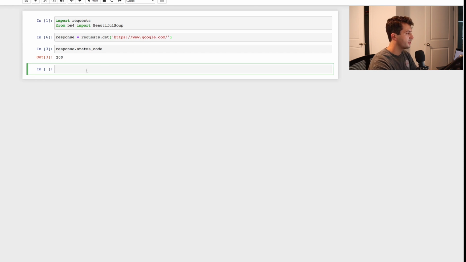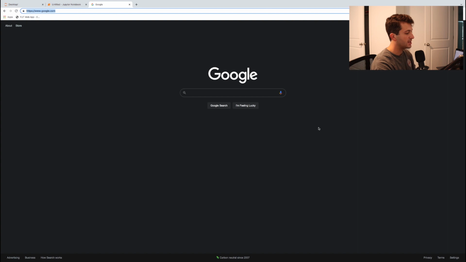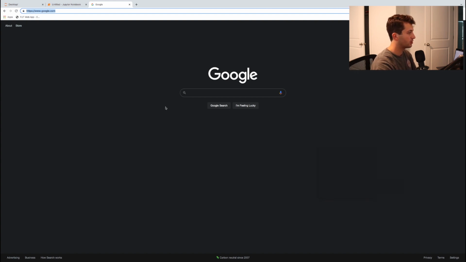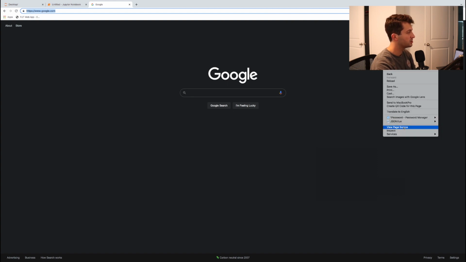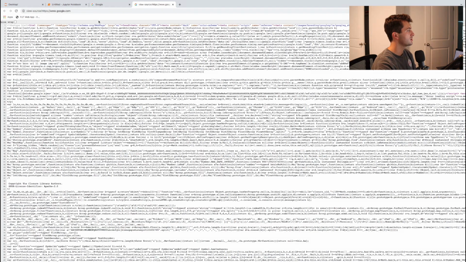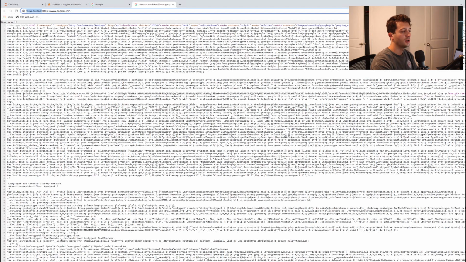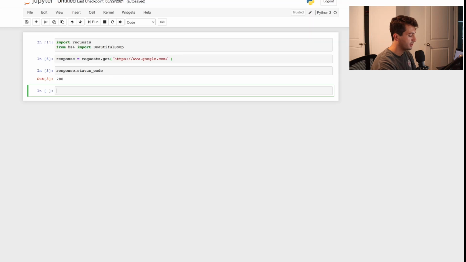So requests actually provides a couple of other tools that we can use to get the data. So if we want to look at the page source, which is basically just a combination of all of the HTML and CSS. So for example, if you come to Google, if you're in Google Chrome and you hit view page source, you can also type view-source: in the URL. This is all of the HTML and CSS and sometimes the JavaScript code that's being returned to you. So if you want to see all that in our code here, you can just say